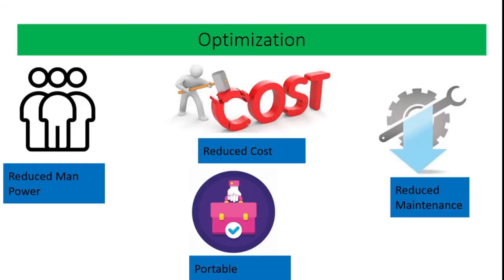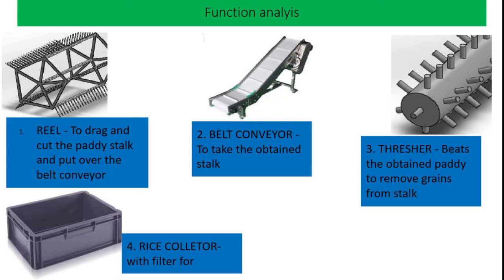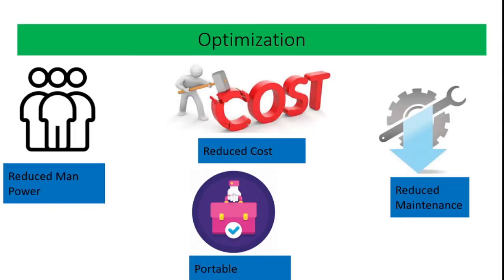And then optimization is also one of the steps in the failure mode effect analysis procedure. What is optimization? I should reduce the cost compared with the previously introduced machine, and also reduce the manpower for operating the machine and harvesting the paddy field, and reduce maintenance. From this machine, we should achieve reduced maintenance, reduced cost, reduced manpower, and it should also be portable. These are all the optimizations available with our invented harvester. Based on this analysis, meaning planning and preparation, structure analysis, functional analysis, failure analysis, risk analysis, and finally optimization,